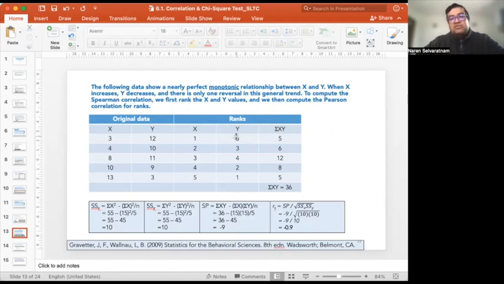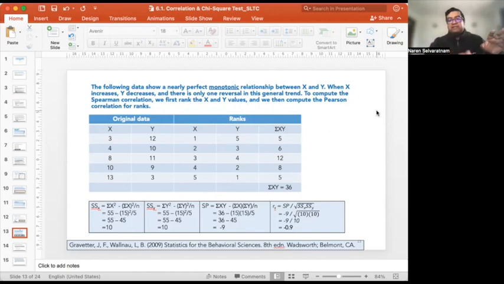So 5 times 1 is 5, 2 times 3 is 6, 3 times 4 is 12, 4 times 2 is 8, 5 times 1 is 5, and you get the sum of all of this. So together sigma xy is 36. That's your first step. Okay, so you have raw data, you don't use the raw data because you need